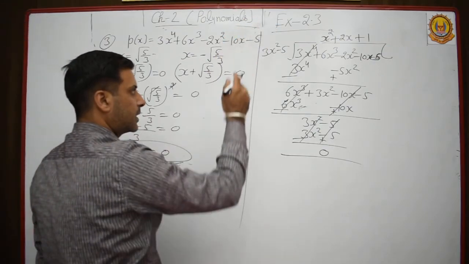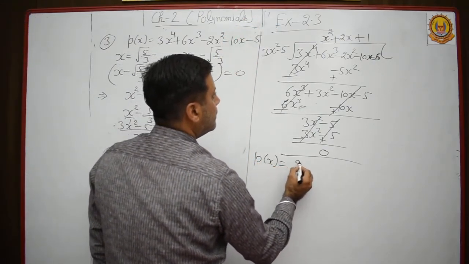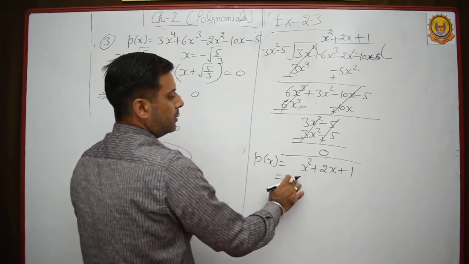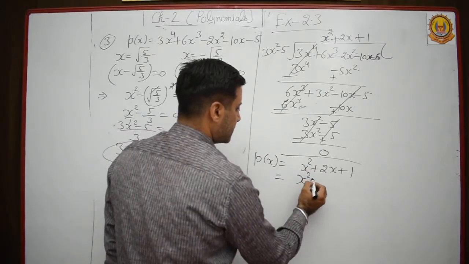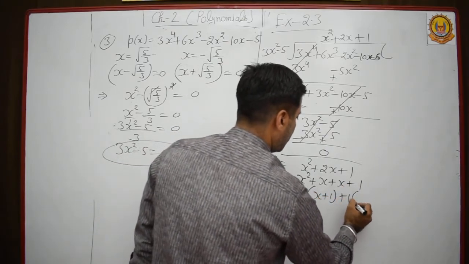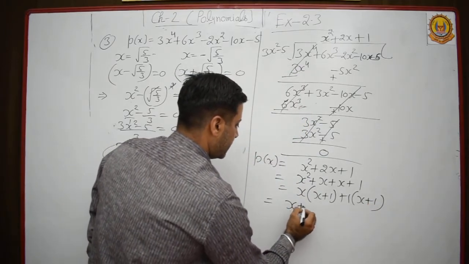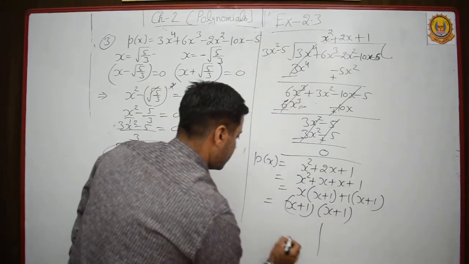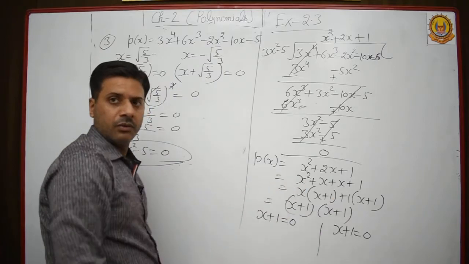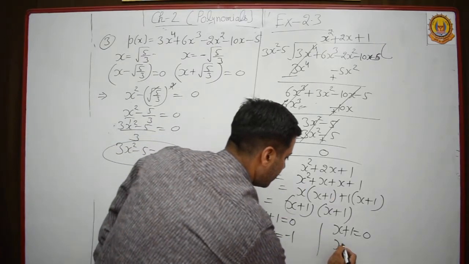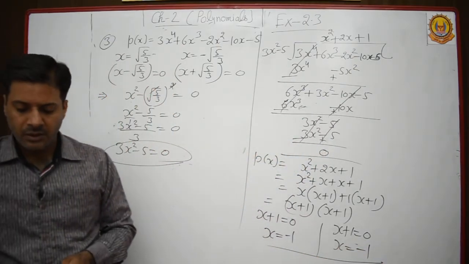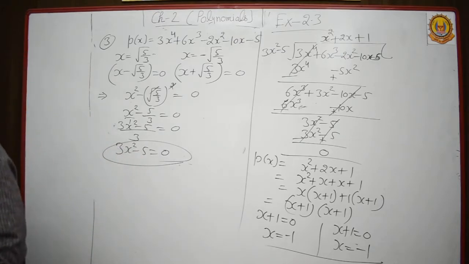Clear? Now make the two factors of this quadratic polynomial and you will get the two zeros of the given polynomial. Okay? So x square plus 2x plus 1, so by splitting the middle term you will get x plus 1, take x common, so x plus 1 common, so x plus 1 into x plus 1. So either x plus 1 equal to 0 or x plus 1 equal to 0, both the factors taken equal to 0. So now x equal to minus 1 and minus 1. So these are the remaining two zeros of the given polynomial. So by this method you can find out example number 9.